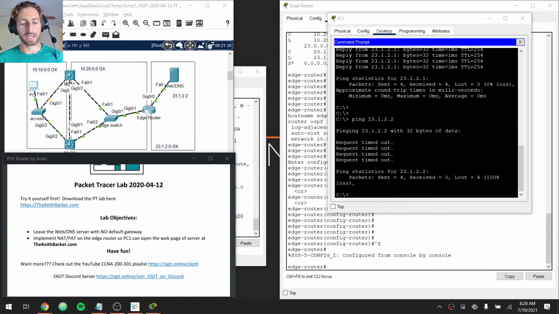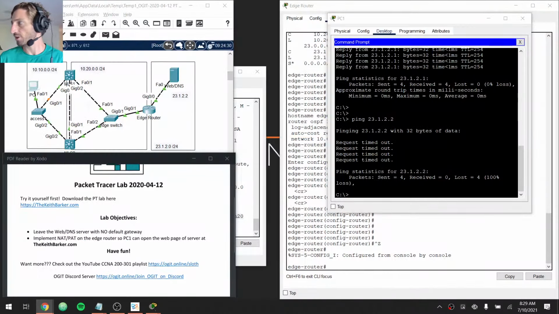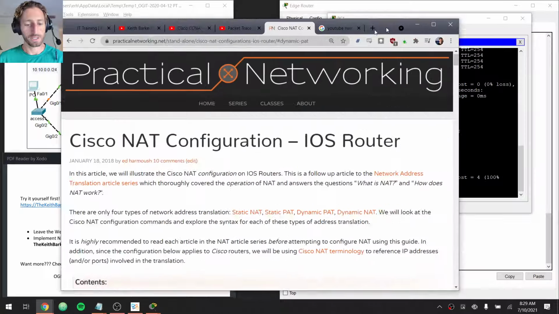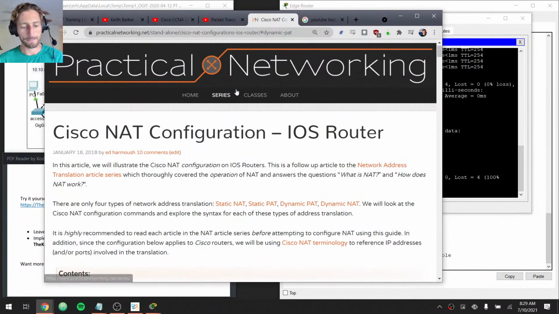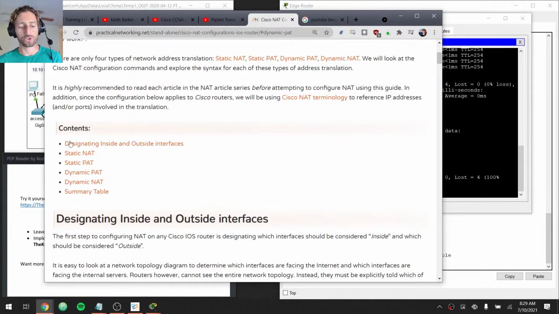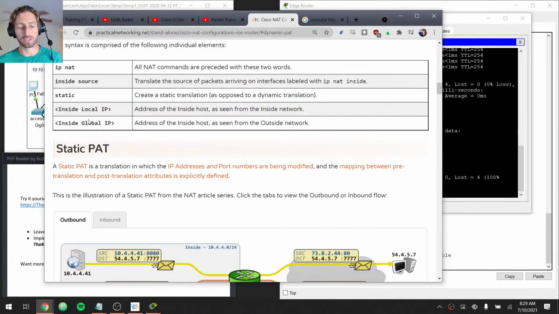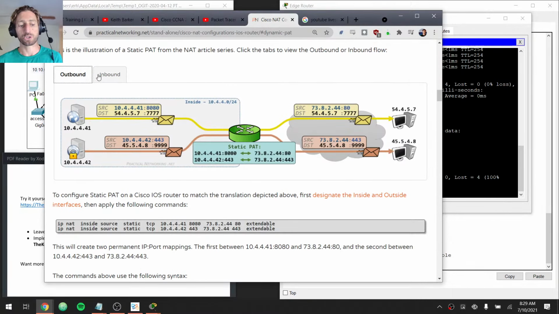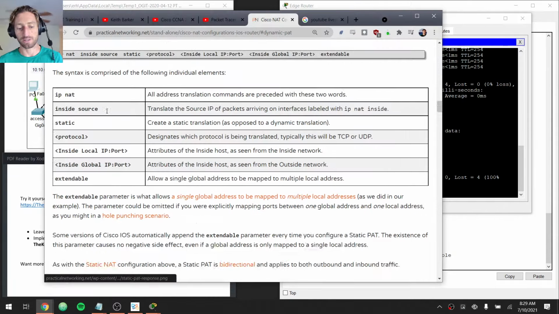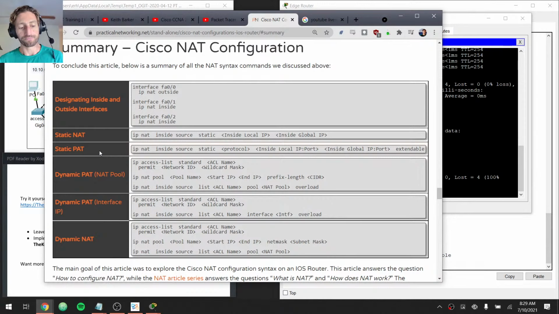Now, since we're doing a static NAT configuration, some years ago I wrote an article. Let's pull that up on my blog, Practical Networking, that outlined how to configure NAT on a Cisco IOS router. It goes through all the different types of NAT you can configure, with pretty pictures, the configuration and explanations of each word, and showing you packets going inbound, outbound, all that fun stuff. But all the way at the bottom, if we go down to the summary, there's this cool little